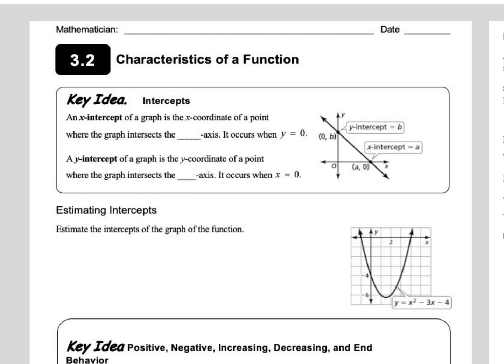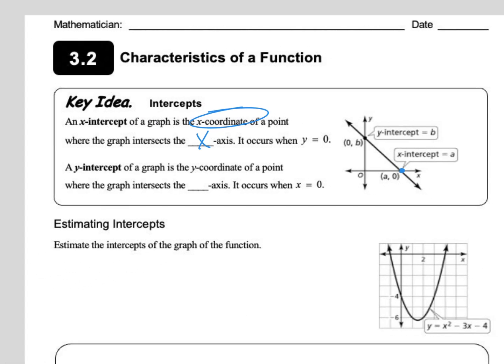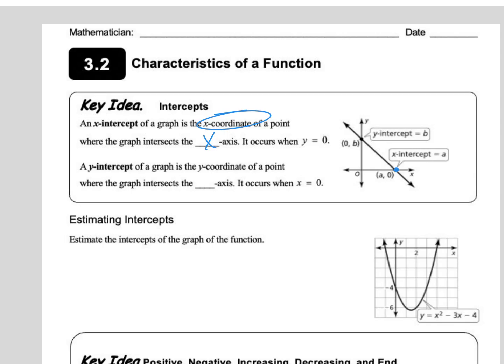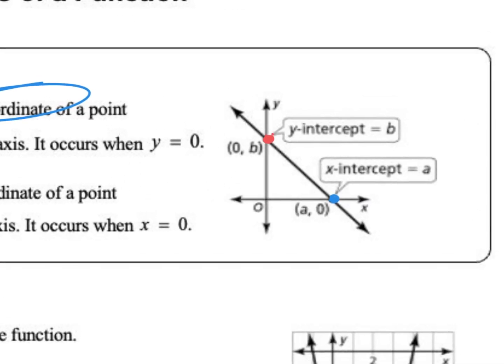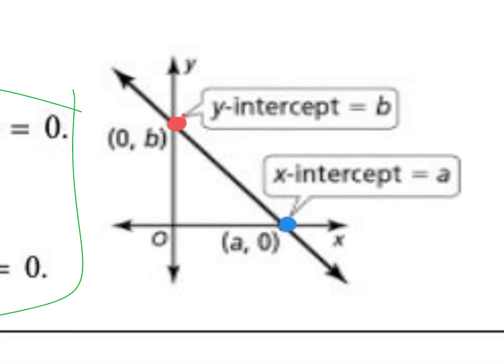So right here, an x-intercept of a graph is the x-coordinate of a point where the graph intercepts, you'll never guess, the x-axis. So there is an x-intercept. And then the y-intercept, well, guess what? The y-intercept of a graph is the y-coordinate where the graph intercepts the y-axis. And that would be it right there. Now, one thing they point out right here is that on the y-intercept,